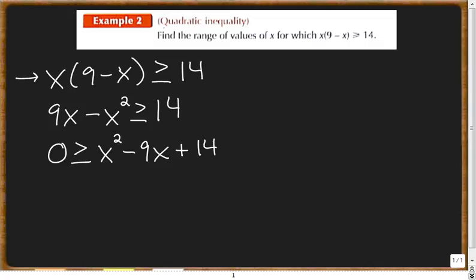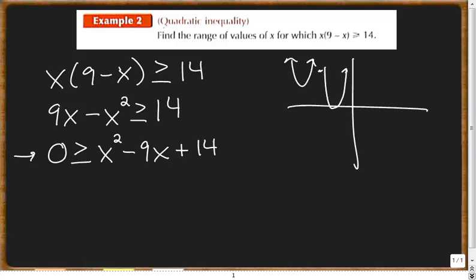Now from here, this is kind of going to be our jumping back to point when we go to answer a question, because we've simplified that original statement down to this. Now, from here, we want to use some analytics and think about what our answer is going to look like. Again, this is a positive x squared, so there's three options for it. It can either be all above 0, it can touch 0 once, or it can go all the way through and touch twice. Now that's going to change our answer, because now we're looking for when is it less than